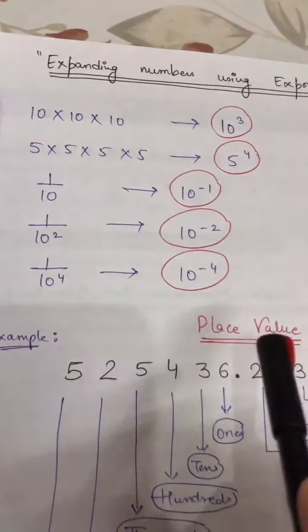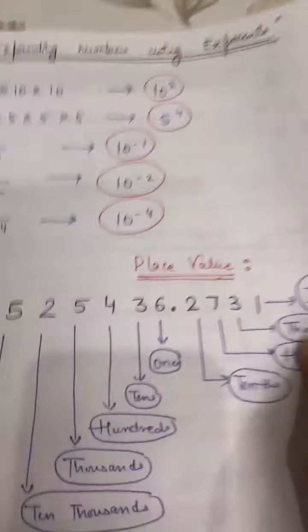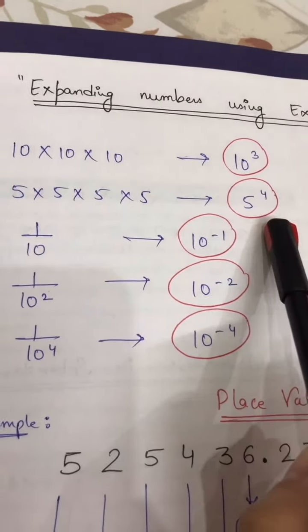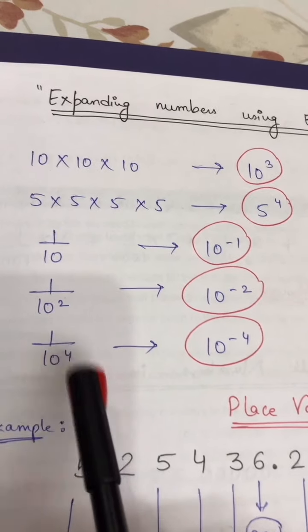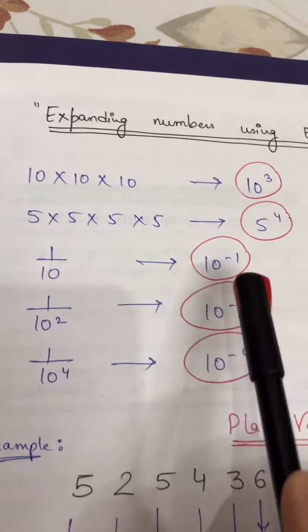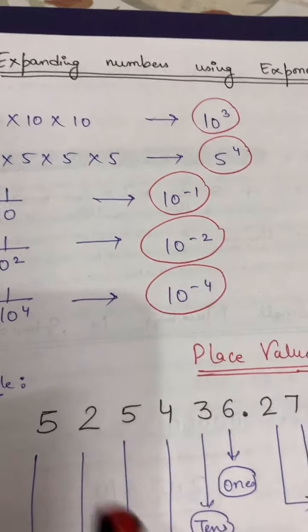These are the basic things, how you can write the powers with the numbers. When the values are positive, the powers are positive. When they are in reciprocal, and you write the denominator in the numerator, then the powers will go in the minus. It's a basic thing. Now I'm going to tell you first of all the place value.